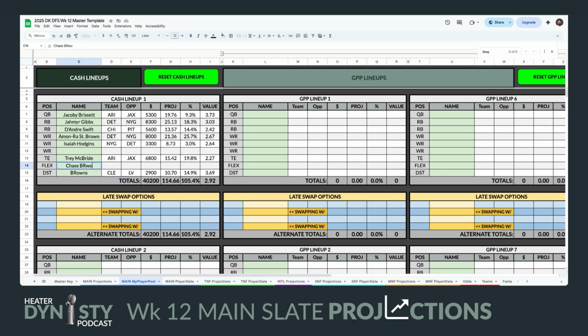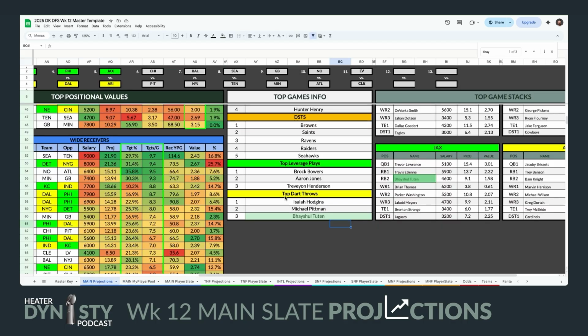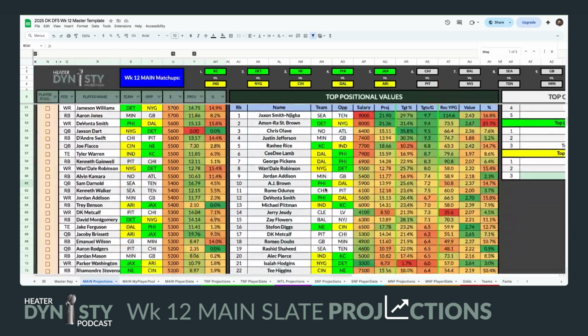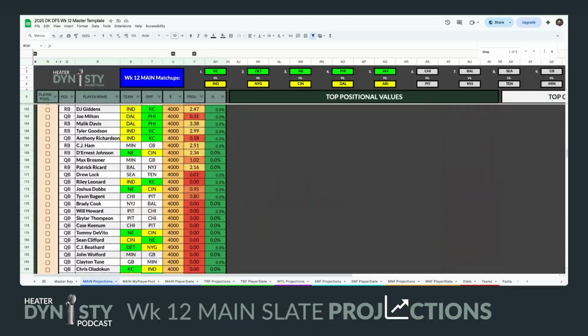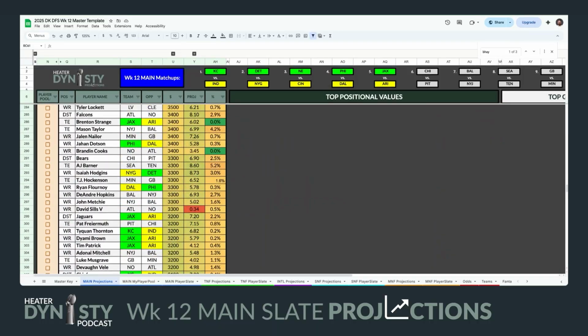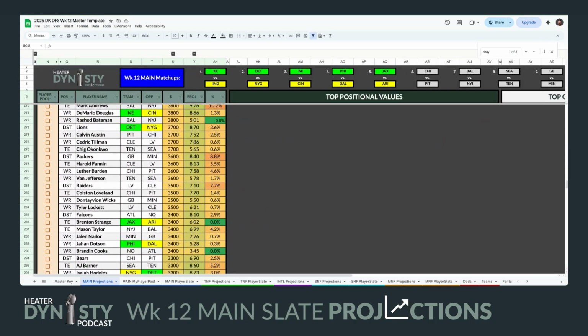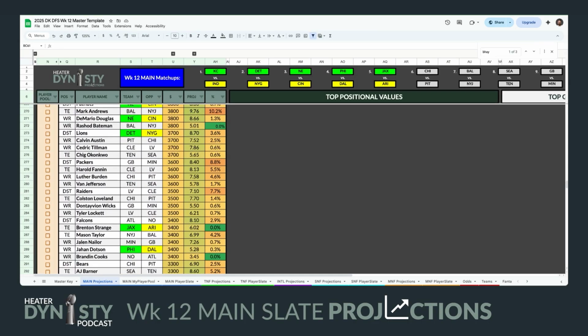Let's try a 3 running back build. Let's do Chase Brown. Oh, so 3,600. Yeah, this is going to be a tight slate. Okay, that makes sense. So then if I go back to my choices for 3,600, who is in that range that we'd be interested in? No one. Cool. All right, so we got to get off of somebody here.